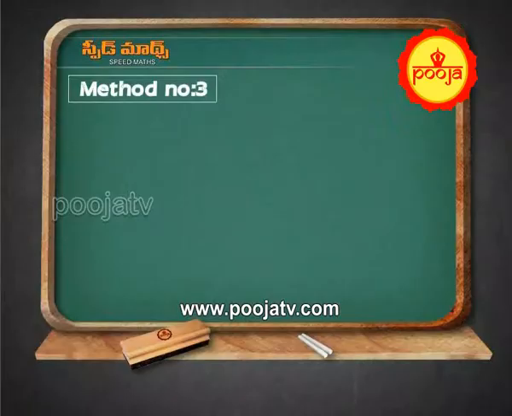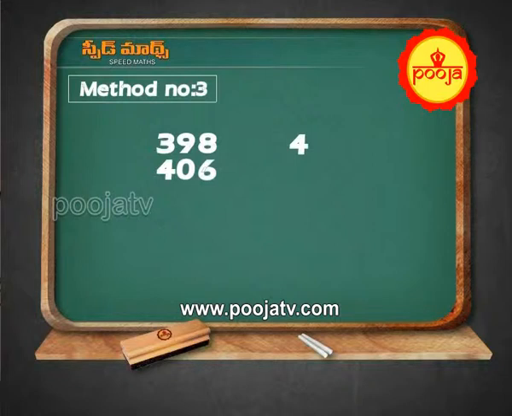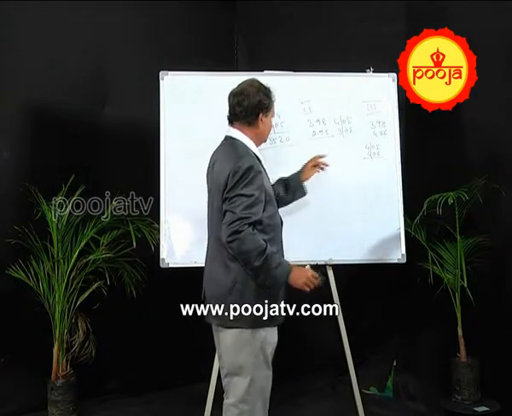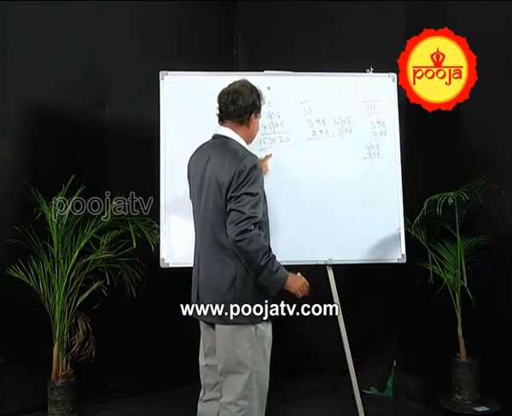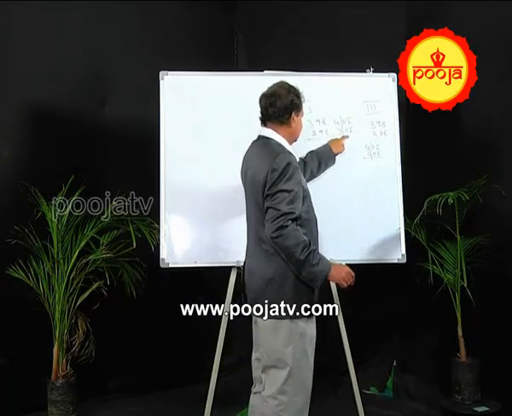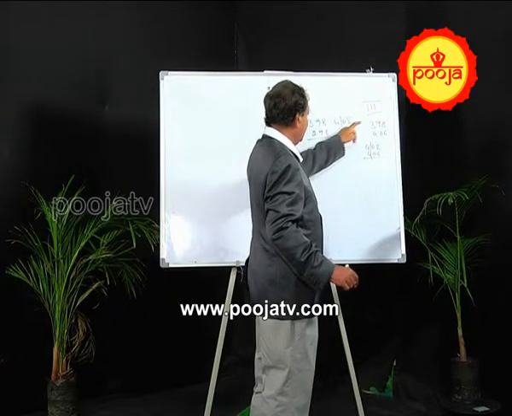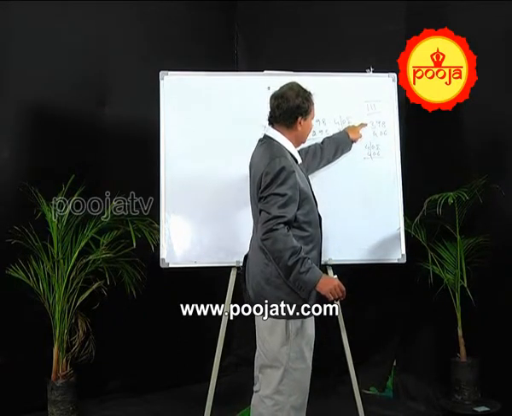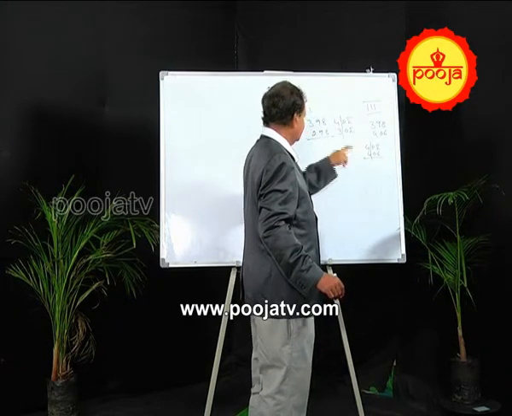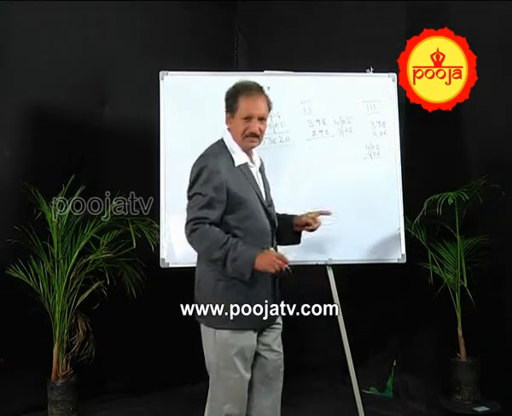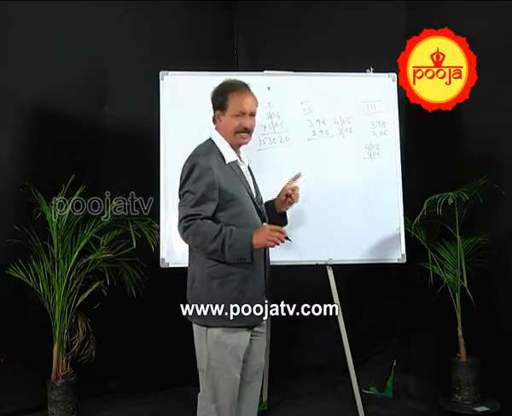Okay. Now, Method number 3, 398 into 406. 398 written as 400 minus 2, 406 written as 400 minus 6, and give a slash, and don't touch 406. So, these 3 methods we have learned till now. Give slash and do directly, convert the numbers into speed mathematical way and multiply, with one big number, one small number. Convert the big number, don't touch the small number. So, these are the 3 ways we have learned till now, and I am going to show you the 4th method.